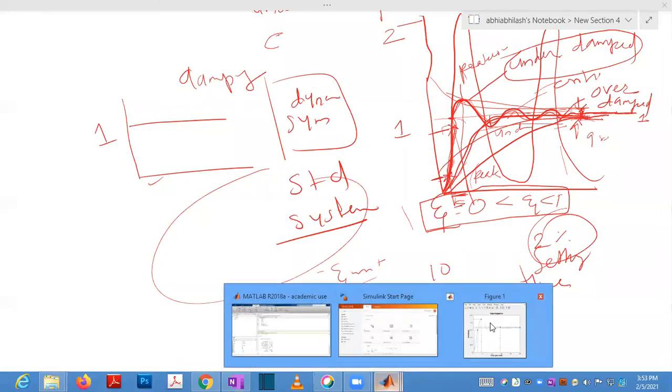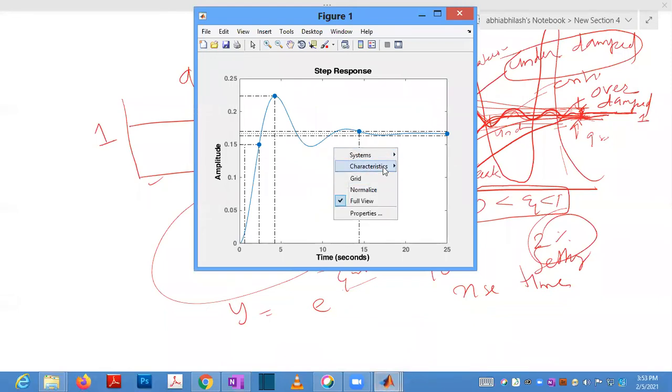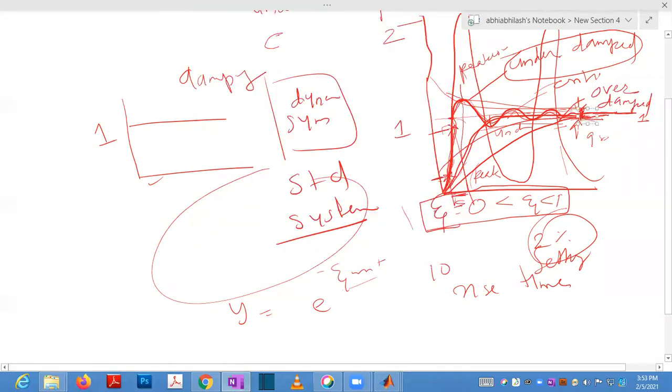So you get all the things from this plot. The peak response is this one, the settling time for 2% is here, rise time is 10% to 90% value, and steady state value is one here. If your system is standard and you apply a step input, it settles at 1.